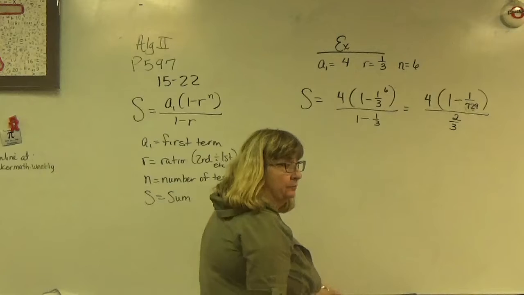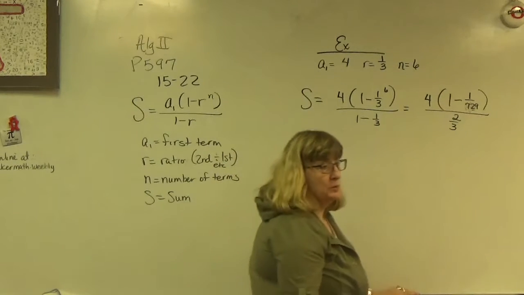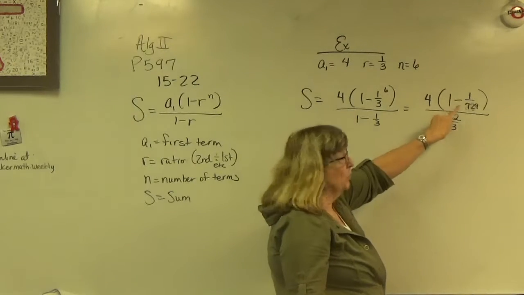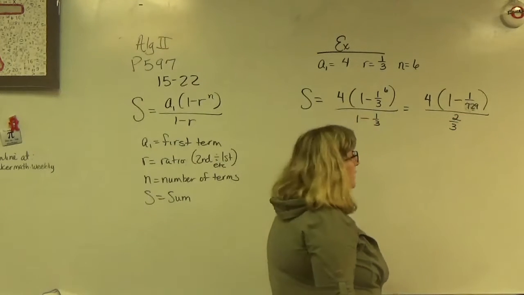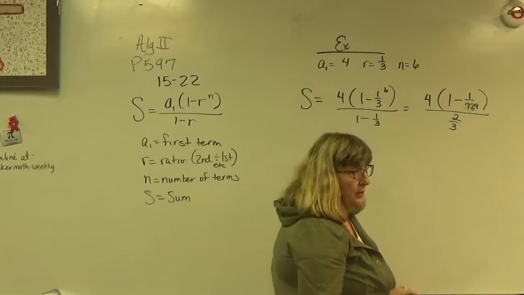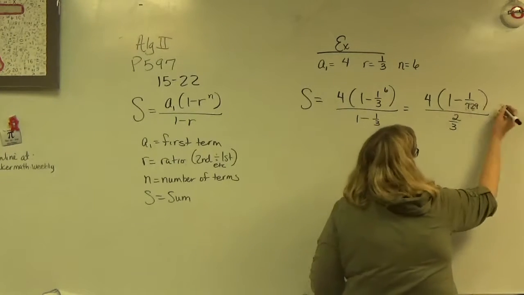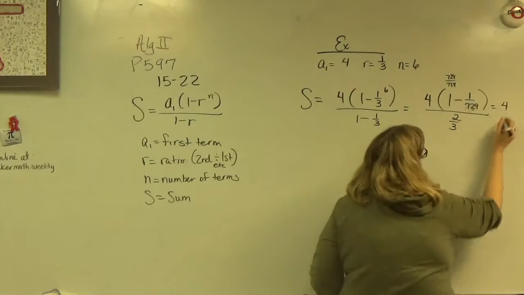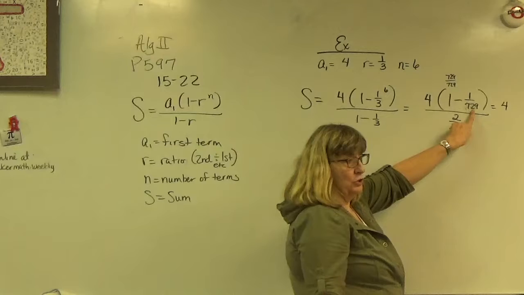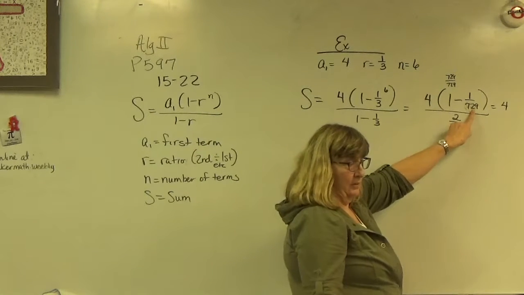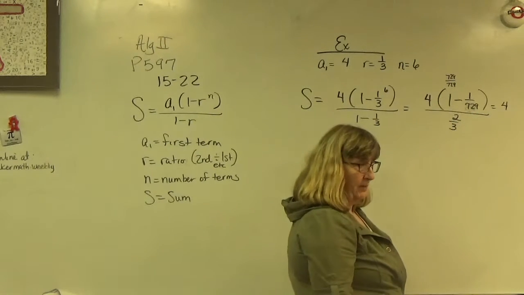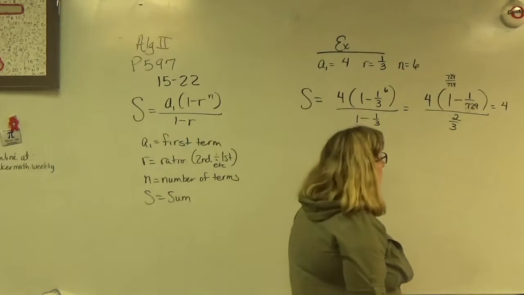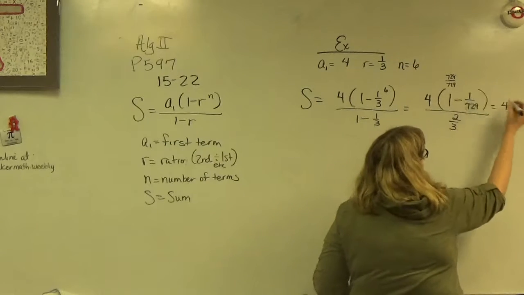2/3. Now, inside the parentheses, can't we subtract them now? What does 1 really become, since I want to subtract 1 over 729? Does it end up being 729 over 729? Don't I need it to be the same denominator? You need a common denominator when you subtract or add fractions, right? So that's why we change the 1 to 729 over 729. So 729 minus 1 is